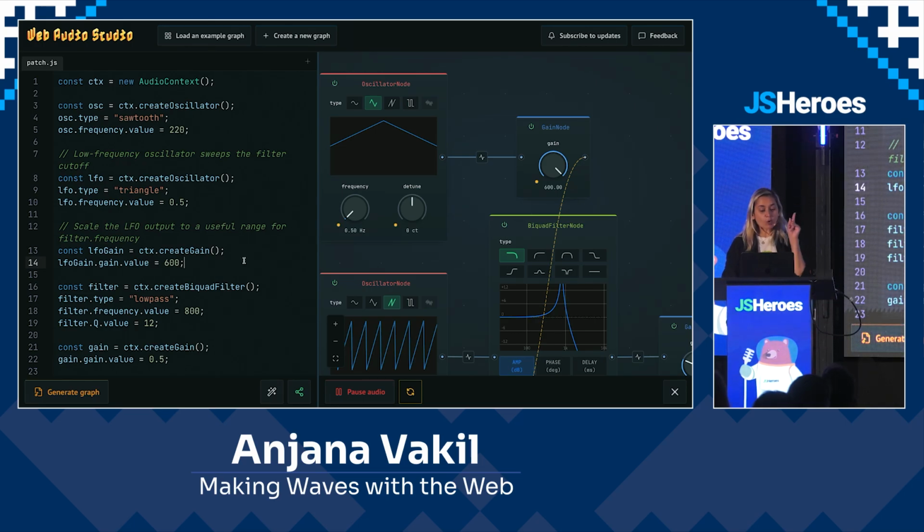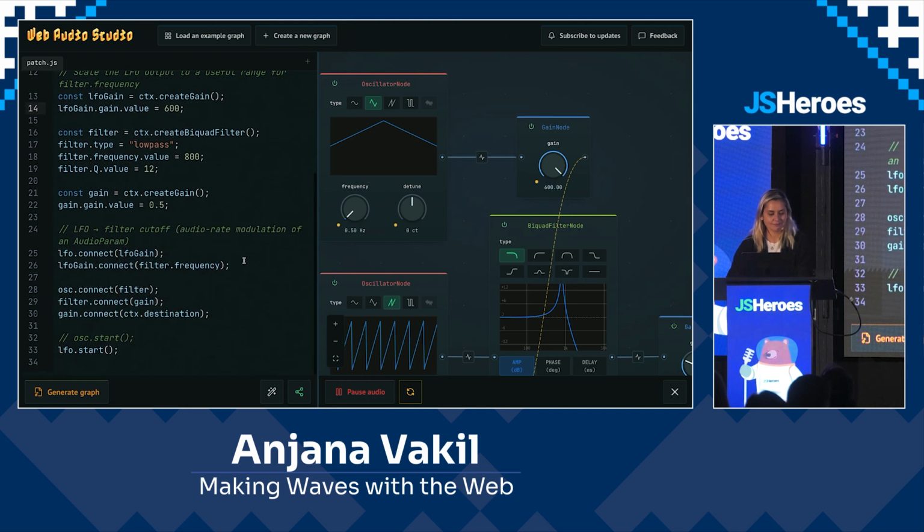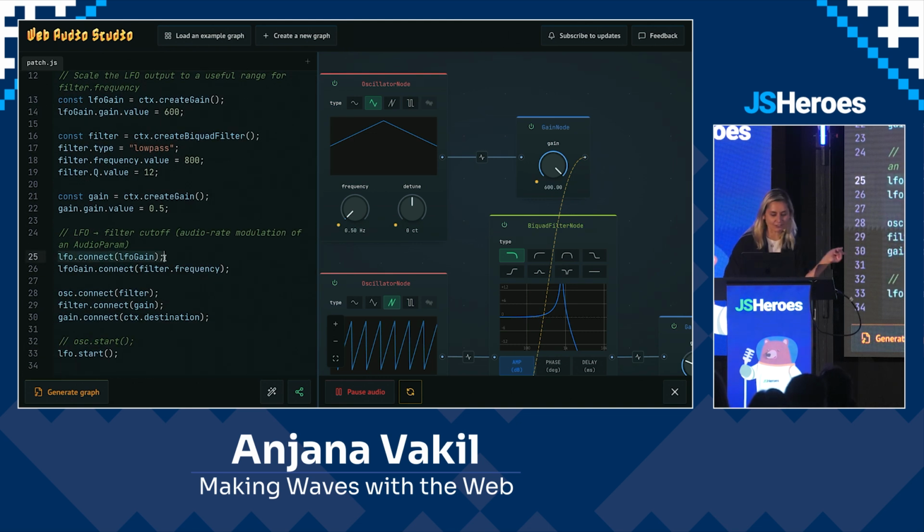And what we can then do is connect our LFO to the new gain, and then connect our LFO gain to the filter's frequency parameter. We now get, essentially, a low-frequency oscillator modulating the frequency of the filter's cutoff.